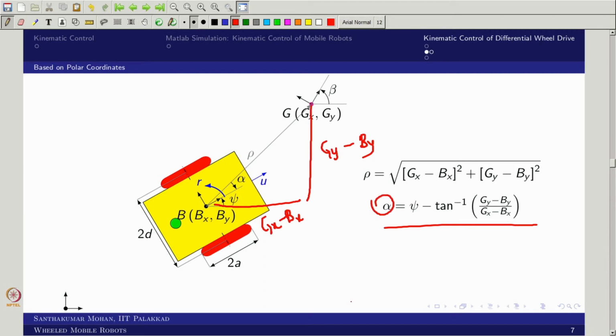Once I know rho and alpha, what is my ultimate objective? At every instant, as t tends to infinity, rho of t is supposed to go to 0. So this is what I was interested in. That's what I call the first order error dynamics base. Similarly, as t tends to infinity, my alpha is also supposed to be 0. Further, I will do a second stage from 0 to beta as a second loop.